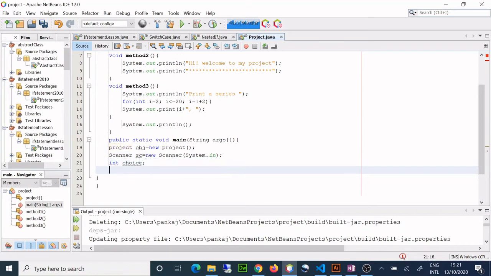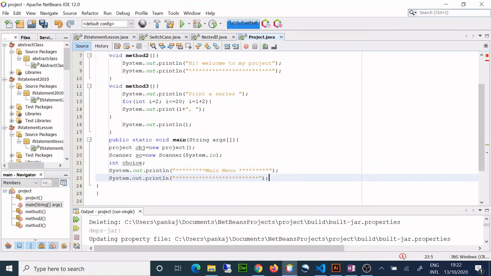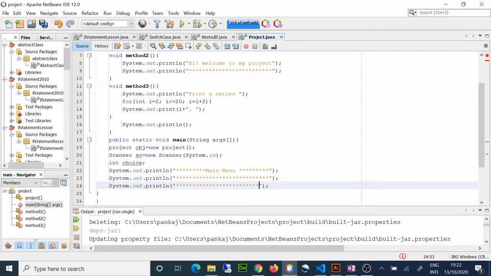Okay, and now I will design my menu. So that's why I copied it. I'll call it, let's say, menu, right? Okay, I've done that, and I'll put a line here, just a sort of a design. You will appreciate it, I hope so. And then I'll put this here, and I'll have my choices here.